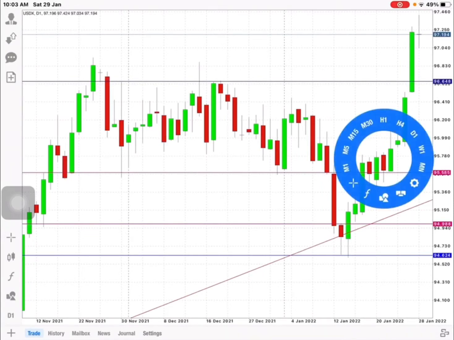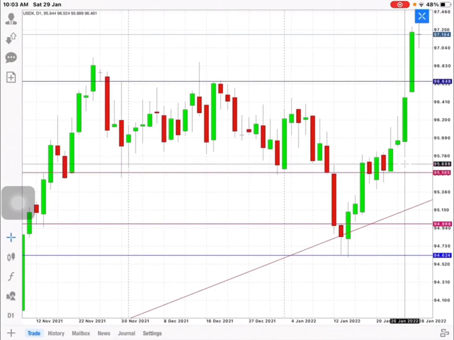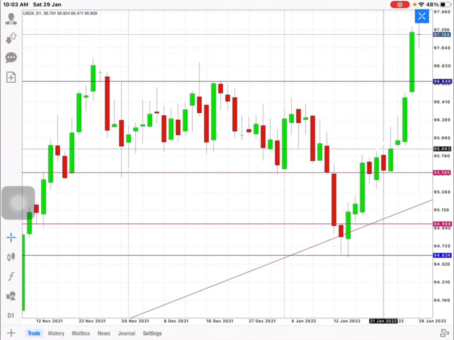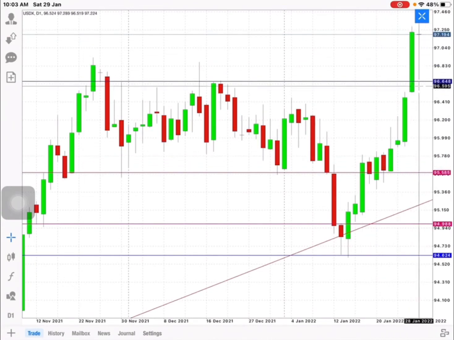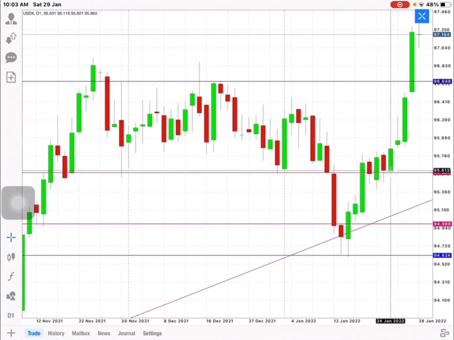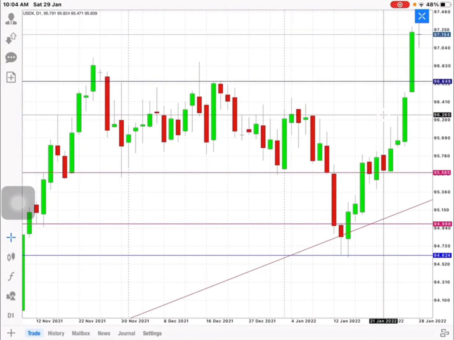As you can see, the USD index had nice buy pressure, and I told you guys that last week we had FOMC week, so the market would be a bit volatile. We saw nice selling pressure on GBPUSD and nice buying pressure on the USD index. The federal fund rates were very good, and there was a lot of good news for the USD index. That's why the market started moving up.